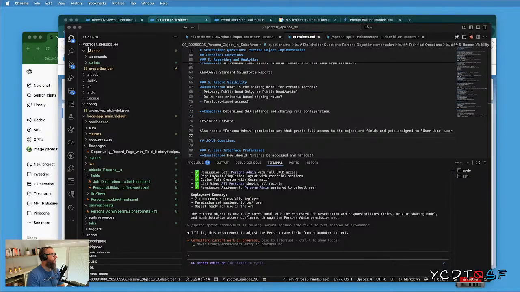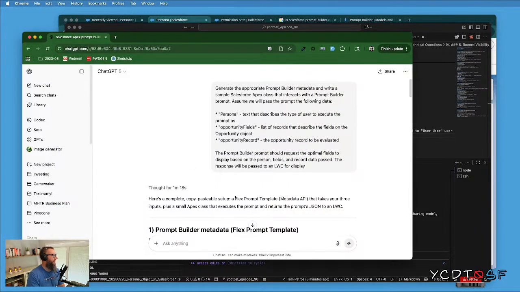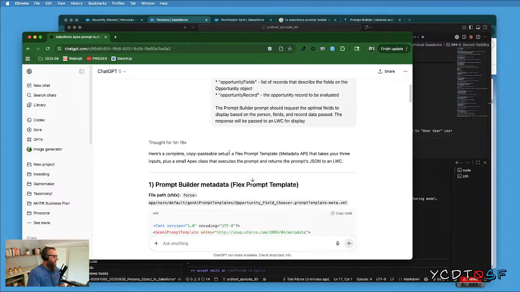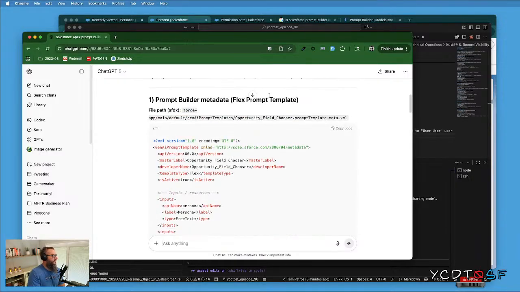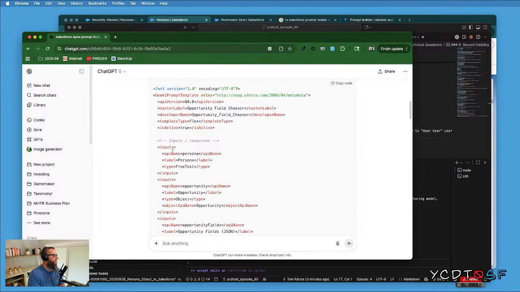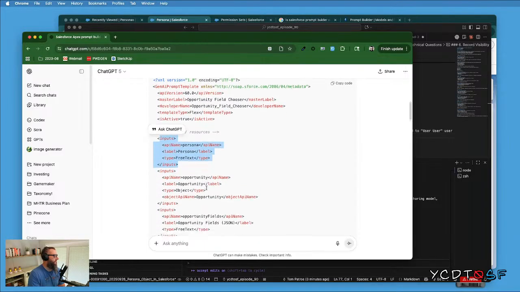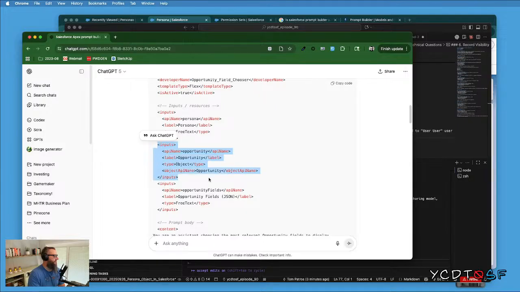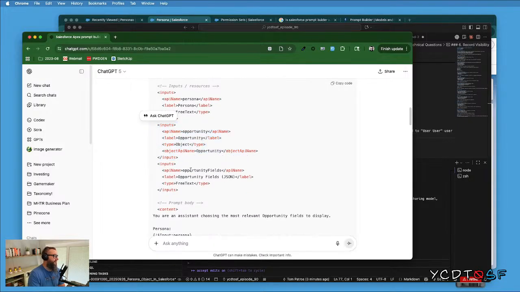All right. How you doing, chat? Here we go. What are we going to build? So it's giving me a prompt builder. Inputs: persona, opportunity object. Okay, opportunity fields will be JSON, free text. So it did not interpret what I wanted as, I'm going to ask it if I could pass it,